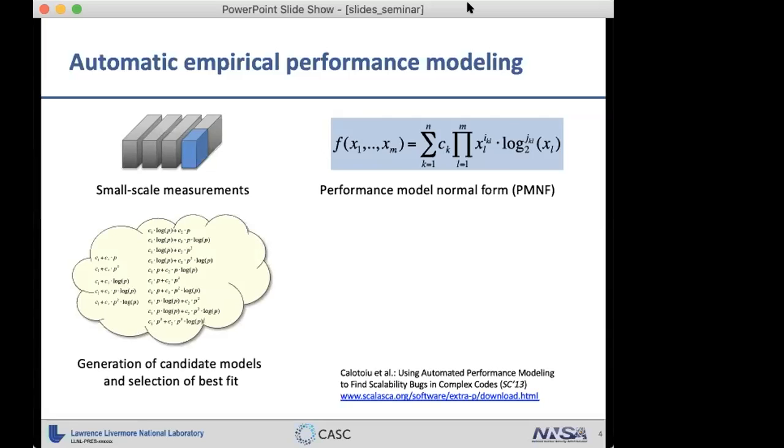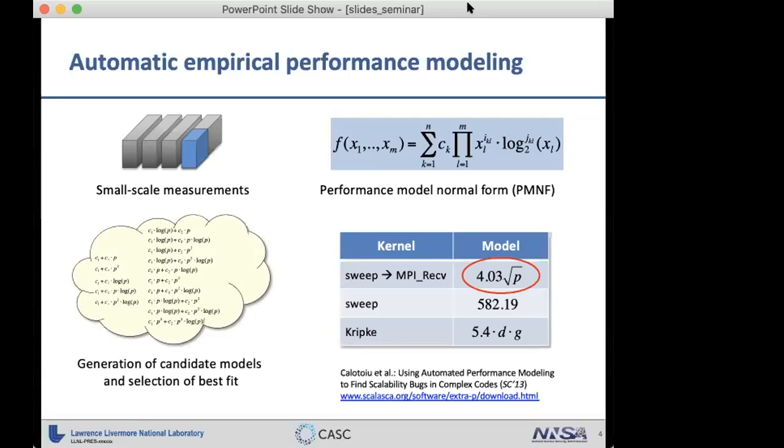a search space was generated and fitted to these small scale measurements, and from that empirical models were produced. So that was an initial work on empirical modeling, and then basically what I did